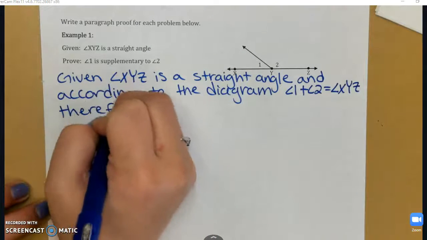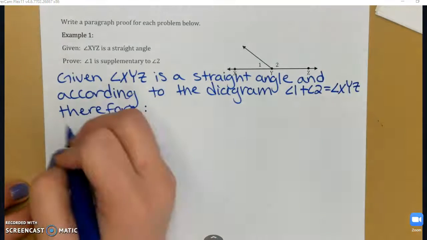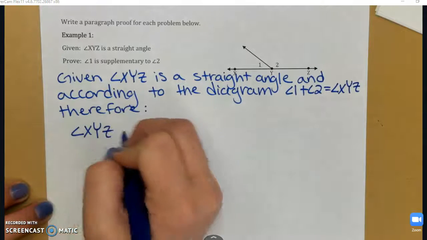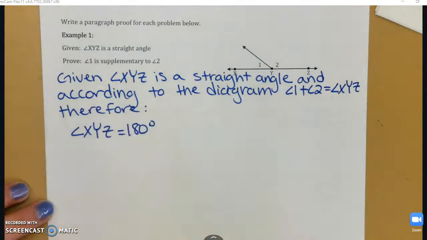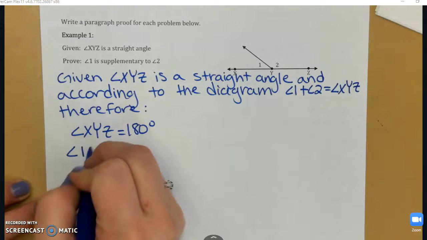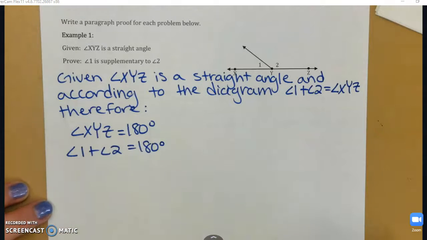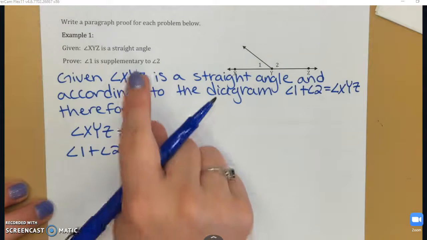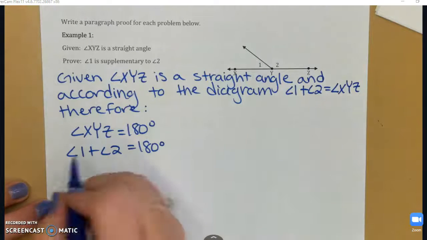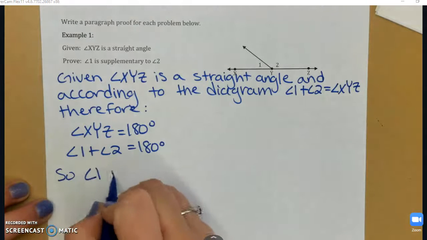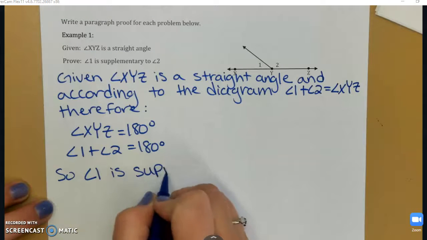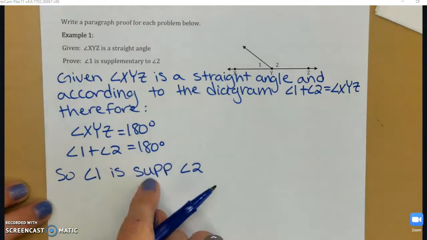Therefore, I can state that I know angle XYZ is equal to 180 degrees because it's a straight angle, which means angle 1 plus angle 2 is 180 degrees. And if they add to 180, that means they're supplementary, which means I've proved angle 1 is supplementary to angle 2. And you can use this abbreviation for supplementary,